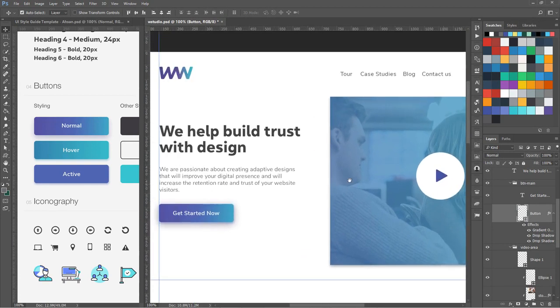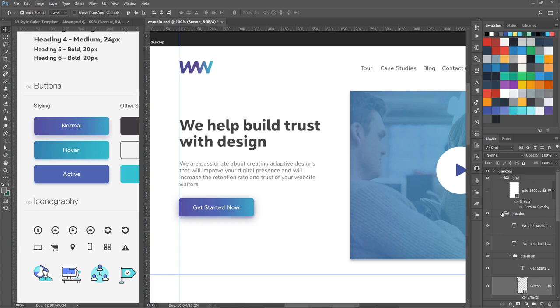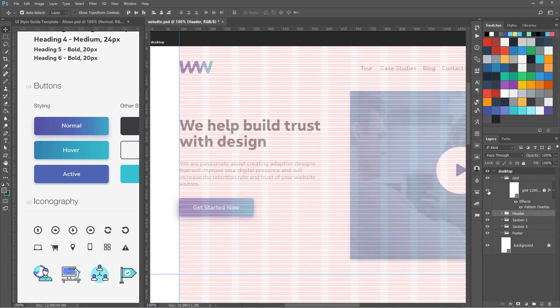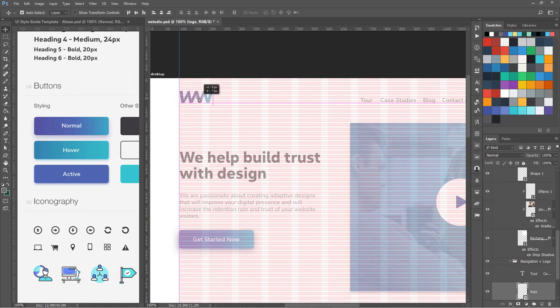Okay, now is the time, if you want to, we are going to align it with our grid. Okay, so I'm going to turn on my grid, and the first thing I'm going to do is, let's see what is the size of this. Okay, so height, I'm going to match the height of my logo. I'm going to press this with my grid 48. Okay, so it is going to fit inside